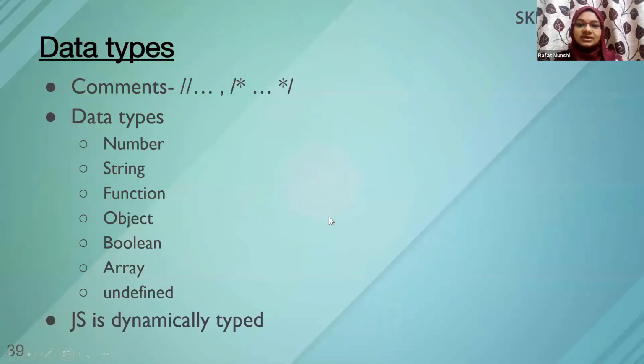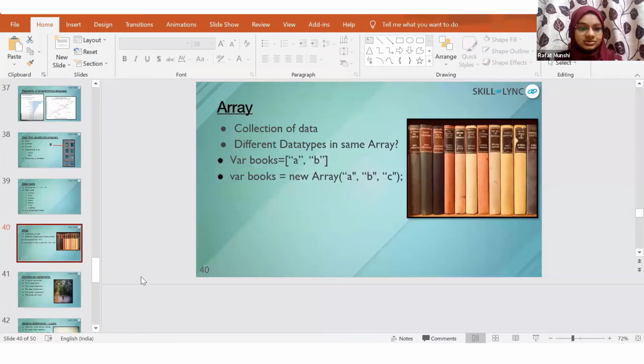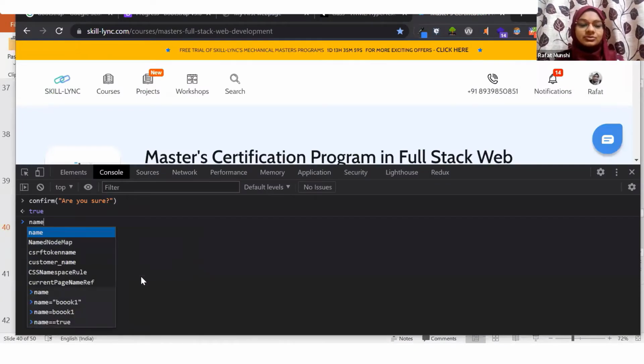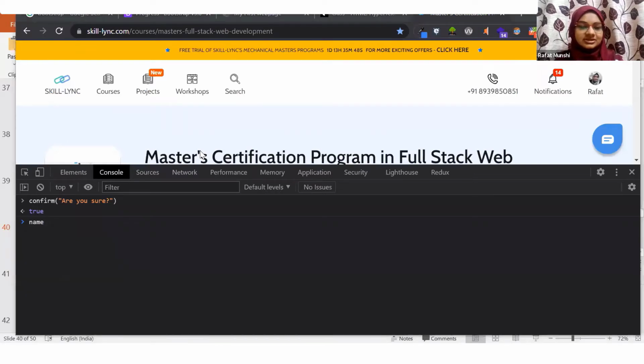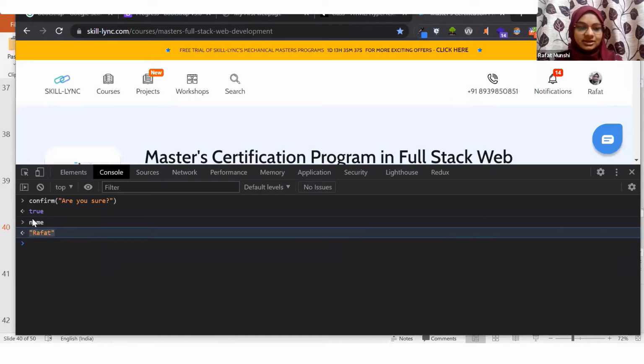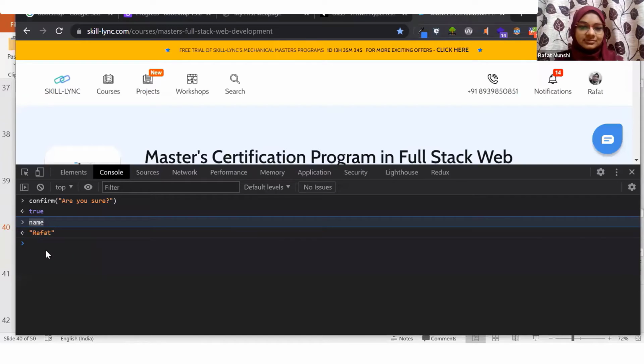No, so that is 3, the value which I assigned to the variable named A. No, wait, let me show you. So I am asking what was the value which I had assigned to this particular variable with the name of name. Can somebody remember? If I press enter, what is the value which I would get over here? Yeah, Rafat, right? Because that is my name which I had put in my variable of the name.